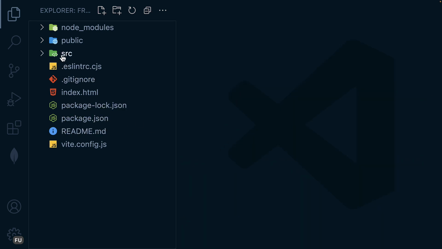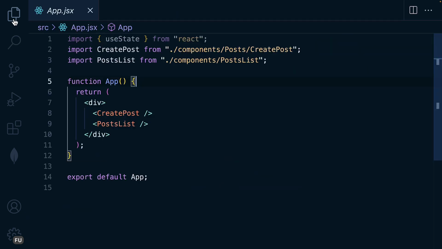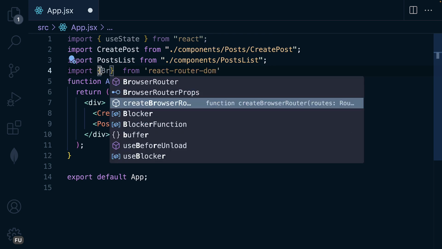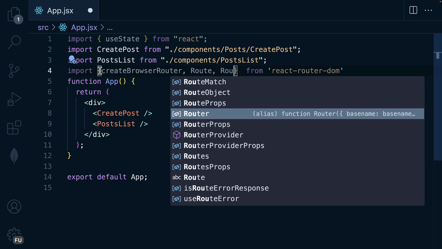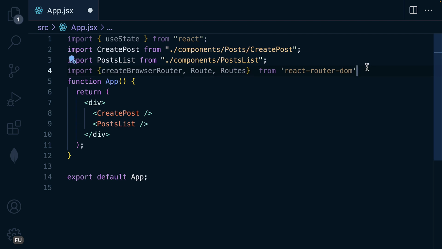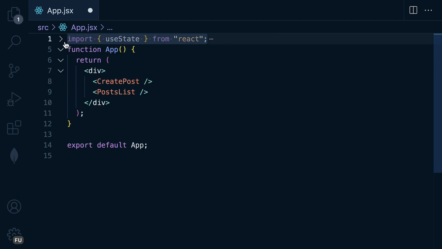So let's go ahead and configure it, and I'm going to configure it at the app.js file. So over here, let's go ahead and then require some methods or hooks from React Router DOM. So let's import from React Router DOM, and inside we will need what is called BrowserRouter, and we will need Route and then Routes for plural as that. Let me send this one up here, and let's remove the useState because we are not using